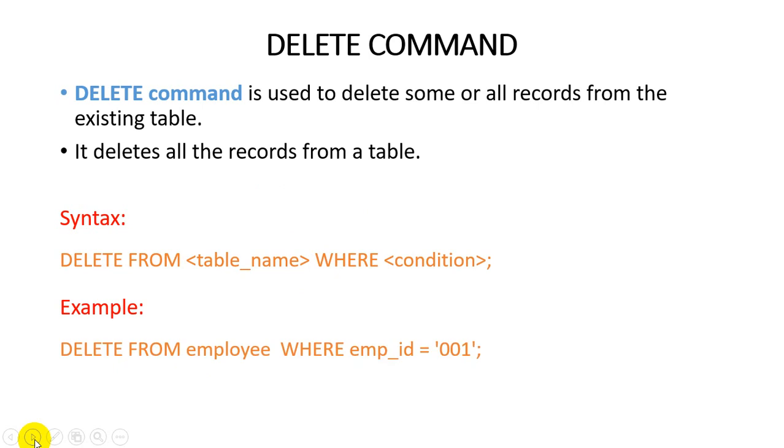Delete from employee: delete and from are both keywords. The user wants to delete some of the records from the employee table, so we need to mention the table name after the delete and from keywords. The user only removes those records whose employee ID is 001. Means in the employee table there is a column known as employee ID. There is lots of information, but the user wants to delete the employee whose ID is 001. So they can easily delete a single record or multiple records where employee ID equal to 001 is found in the employee table.